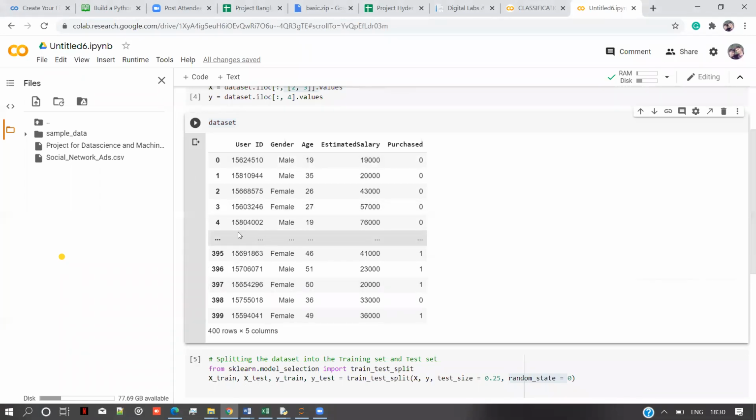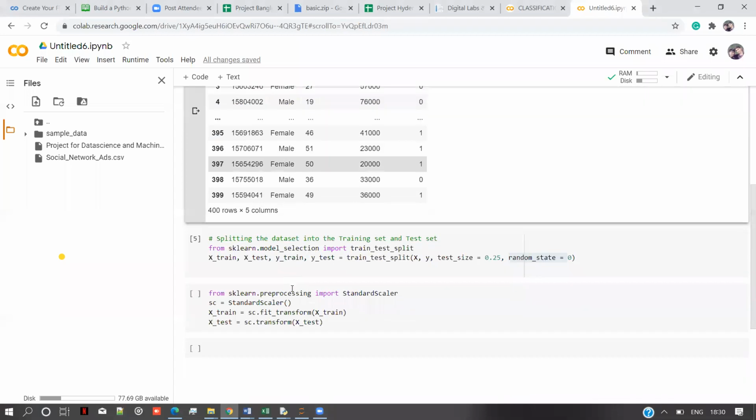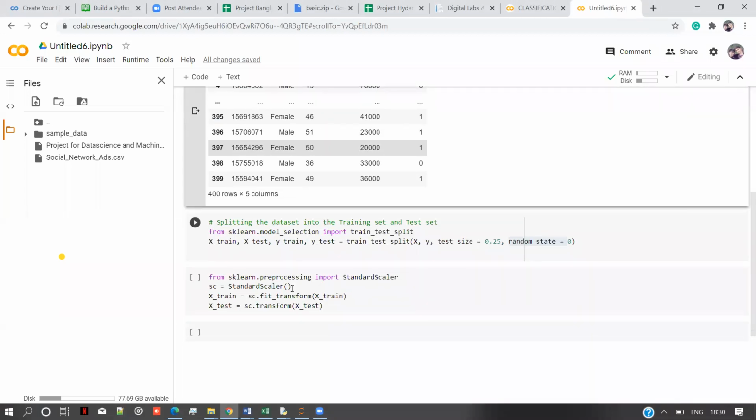So if I use random state equals to 0, the same rows will be picked and put in the train set or test set respectively. So random state doesn't give any value in making the machine learning model.